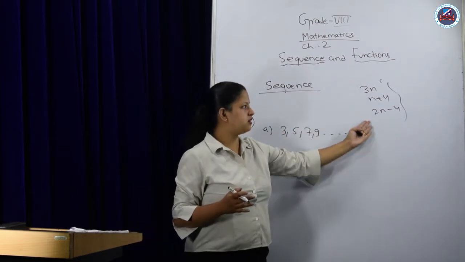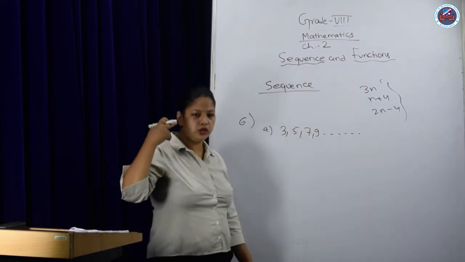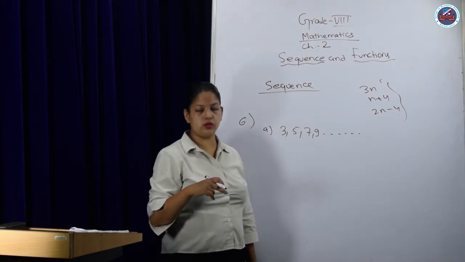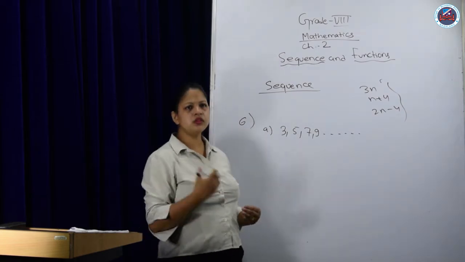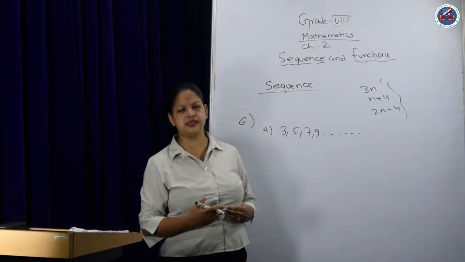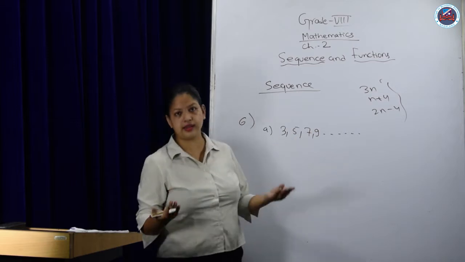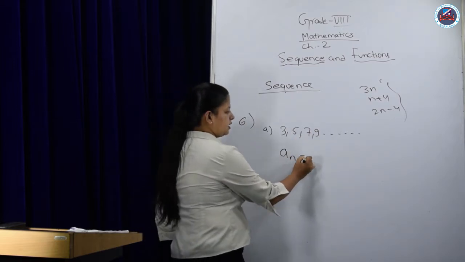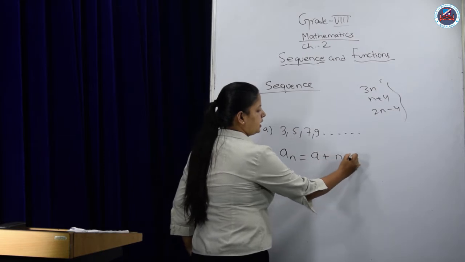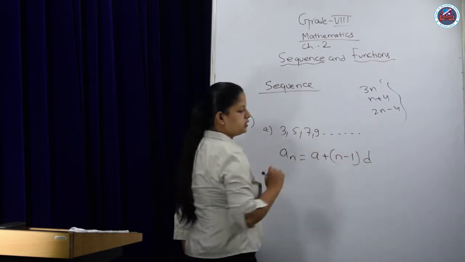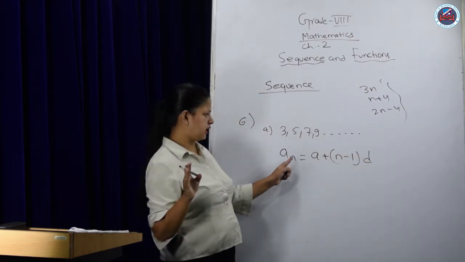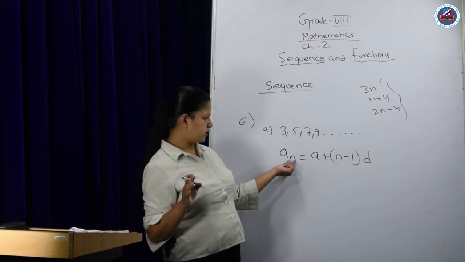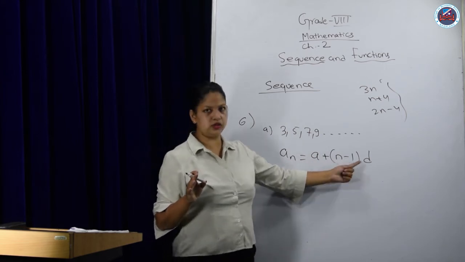Now how do we generate it like this? For each one, thinking about position or the other linear one is a bit difficult. So here I am giving you one formula directly, where you can put in the values and directly get the answer. That formula is a_n equals a plus (n minus 1) times d. Easy to remember: a plus whatever the term number is, minus 1, into d.